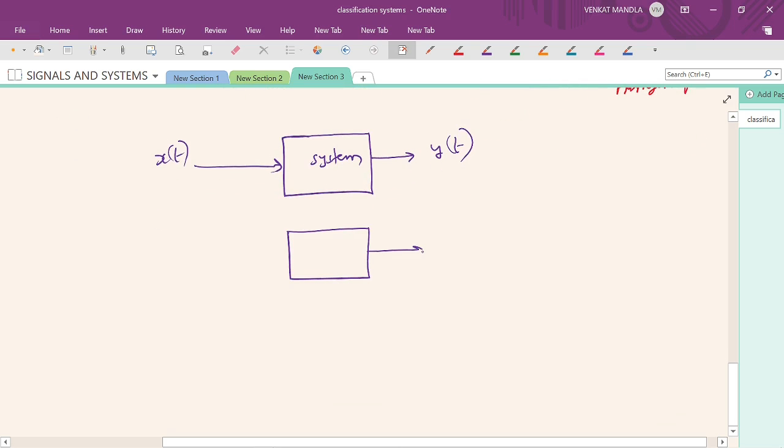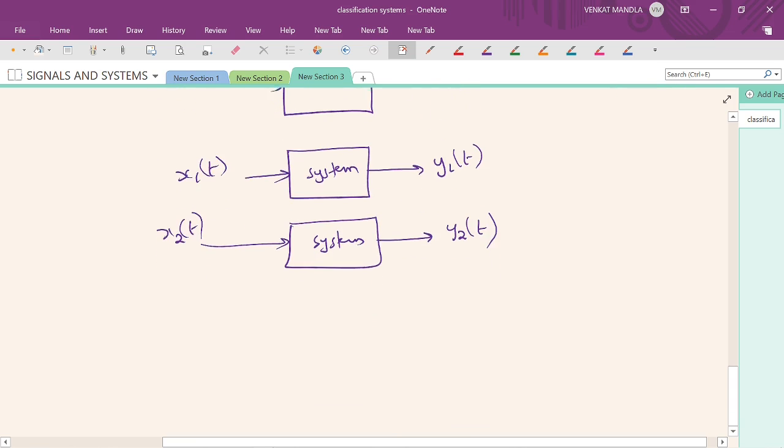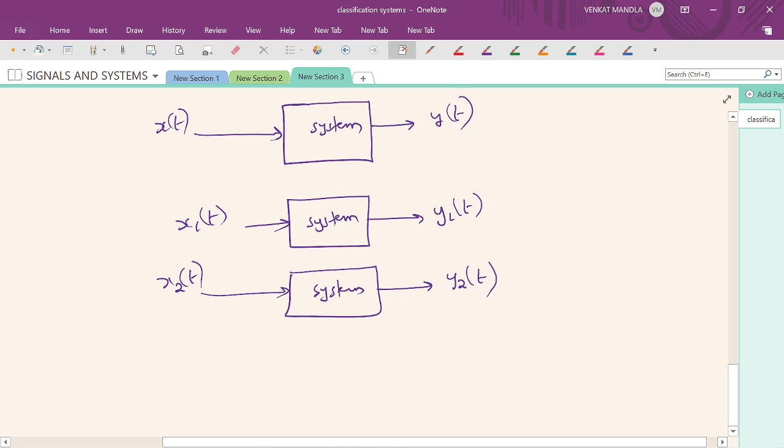First I will apply x1 of t, then I get y1 of t. Next I will apply x2 of t and I will get y2 of t. To check these conditions, superposition and homogeneity principles,